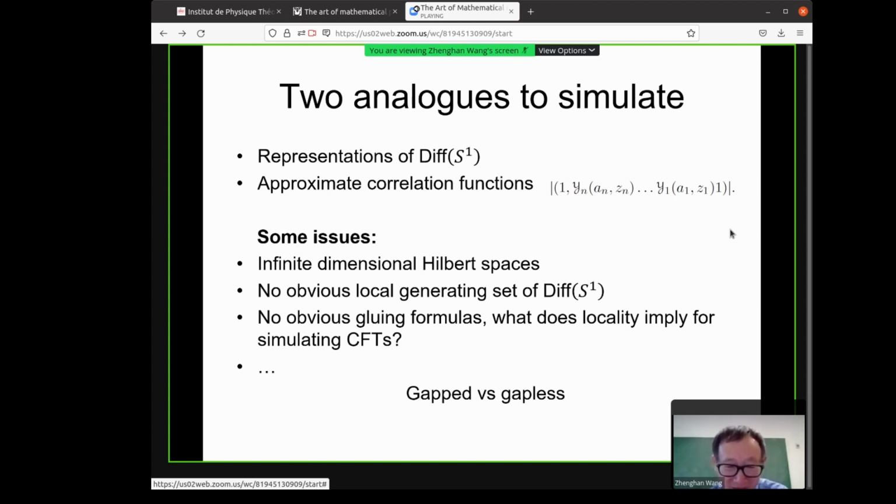All quantum field theories are supposed to have some kind of locality, but how to formulate this for conformal field theories, I really don't know a good way to help me with simulation. Also, there's a big difference between topological quantum field theory and conformal field theories. Topological quantum field theories describe universal properties of gapped quantum systems, and conformal field theories are for gapless ones. So they are fundamentally different in this sense. As I said, I want to think about simulation of conformal field theories, but I don't have much definite to say. So that's basically where I want to start.